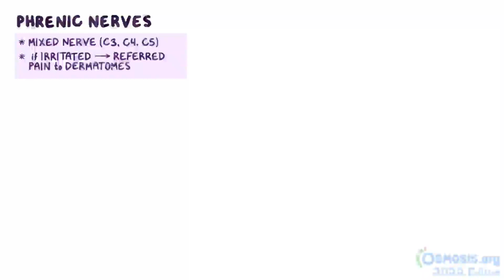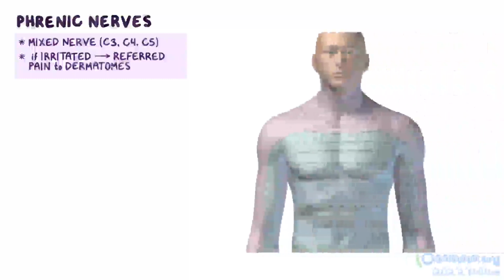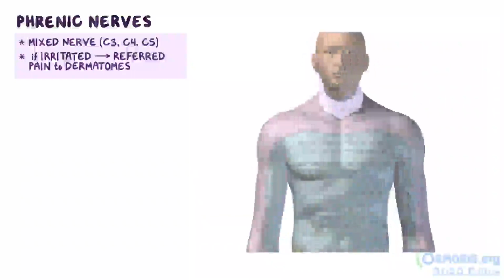The phrenic nerve is a mixed sensory and motor nerve, with contributions from spinal levels C3, C4, and C5. If the phrenic nerve becomes irritated where it innervates the diaphragm or parietal pleura, it can lead to something called referred pain to the dermatomes supplied by the same spinal region the phrenic nerve originates from. So in this case, phrenic nerve irritation will cause a referred pain to the dermatomes of C3, C4, and C5,